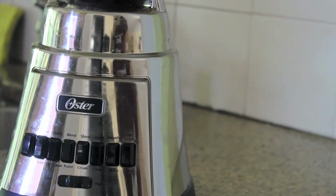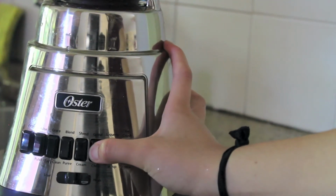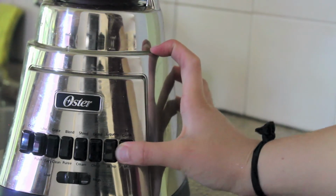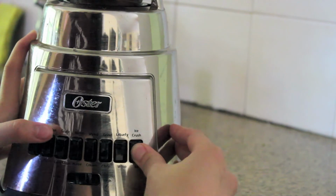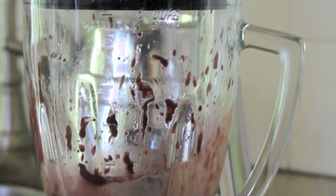And now we are just going to blend up our acai, and I'm just going to be playing around with buttons, literally having fun with just switching it up. Just because I'm that kind of person, I don't know. It's probably really weird of me to like to do that, but anyways, when you are done blending your acai,